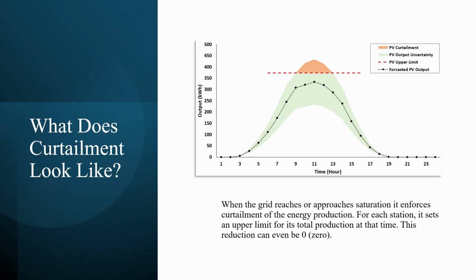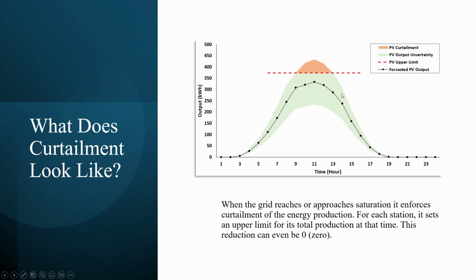What does curtailment look like? When the grid reaches or approaches saturation, it enforces curtailment of the energy production. For each station, it sets an upper limit for production at that time. This reduction can even reach zero. This upper limit would be this red dotted line. The curtailment would be anything above that upper limit, and our actual power export would be anything below this upper